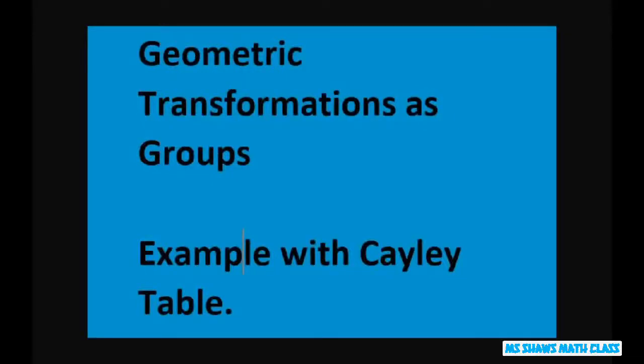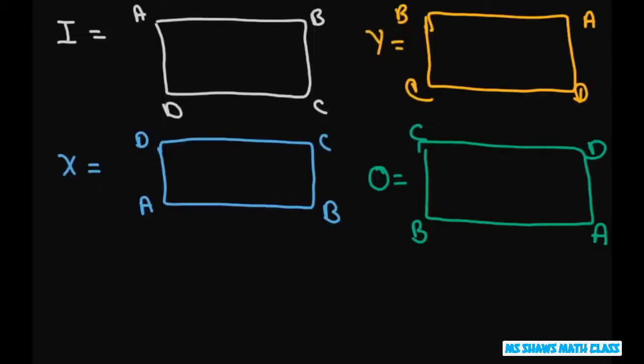Everyone, this is an example of a geometric transformation as a group with the Cayley table. So we have 4 rectangles. I'm going to let the first one be my identity rectangle. So I just wrote A, B, C, D. I went